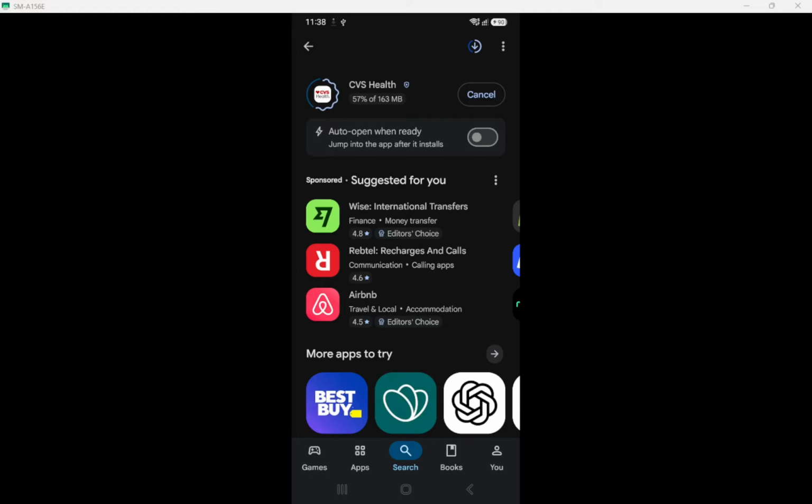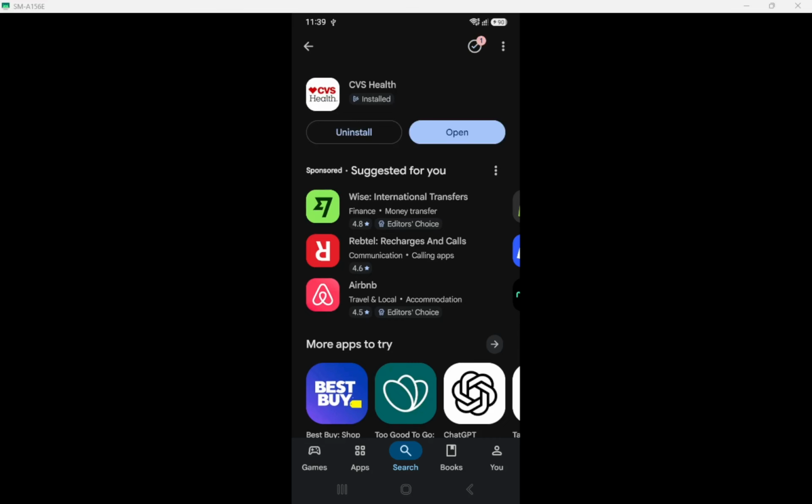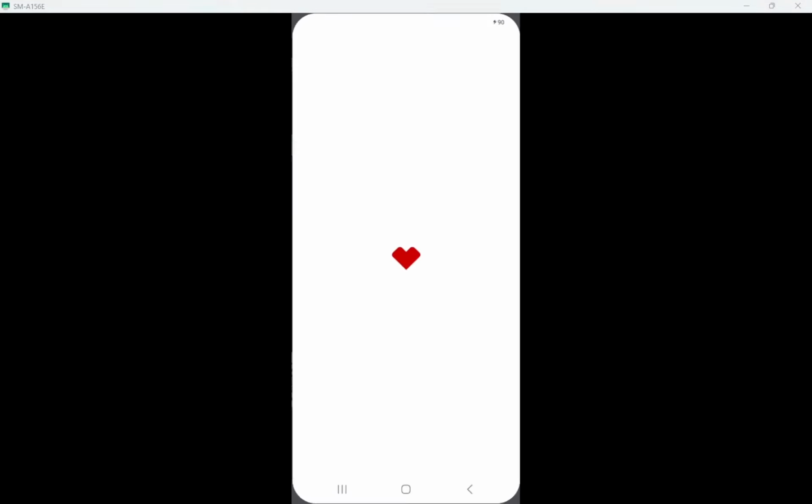The button will turn into a progress indicator, and you might see a download percentage moving upward. If you are on Wi-Fi, the download should be fairly quick, but on mobile data, it can take longer. After that, wait for the installation to finish. You do not need to leave this screen. The Play Store will handle everything in the background. When it is done, the install button changes to an open button, and you will also see a small notification at the top of your screen saying the app is installed.